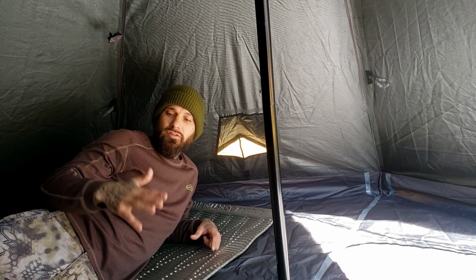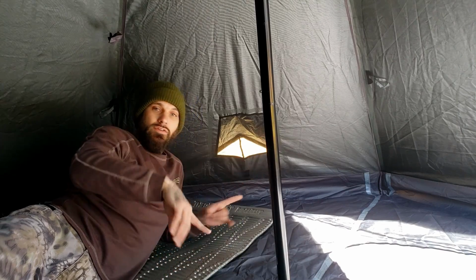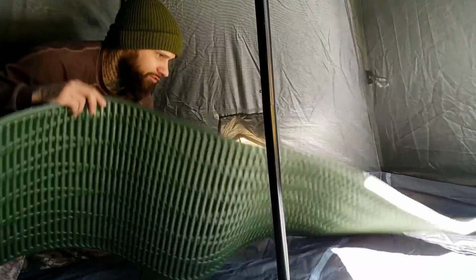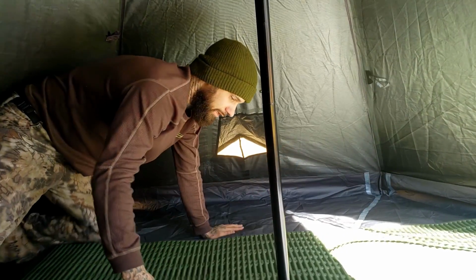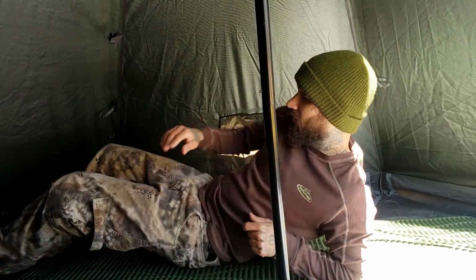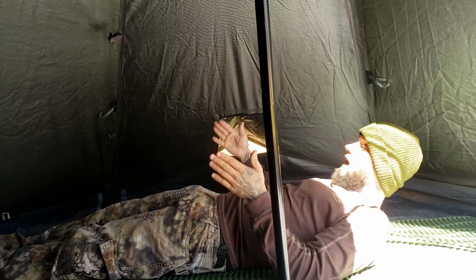Or you could do it vice versa. You could put your head up near the wood stove and your feet down here, whatever you want to do. You can even turn it around. So if I wanted to sleep over here, I'll turn it to the green side because that area is really bright with sunlight right now. So if you did want to sleep right over here like this and have the vent open, I would actually be,